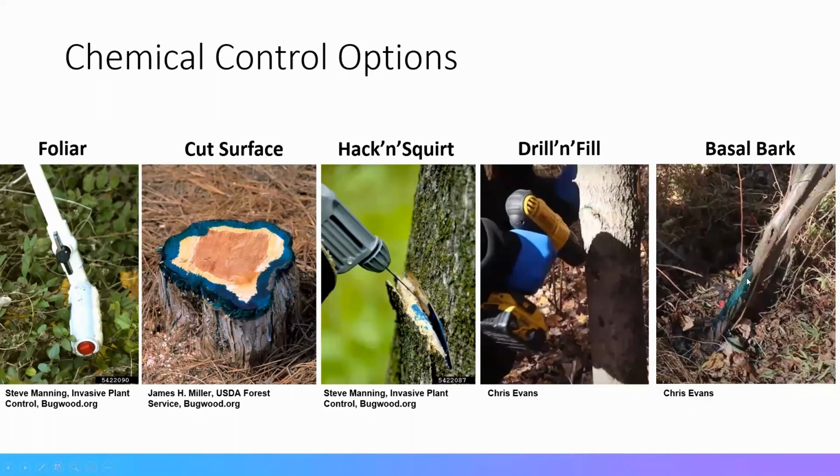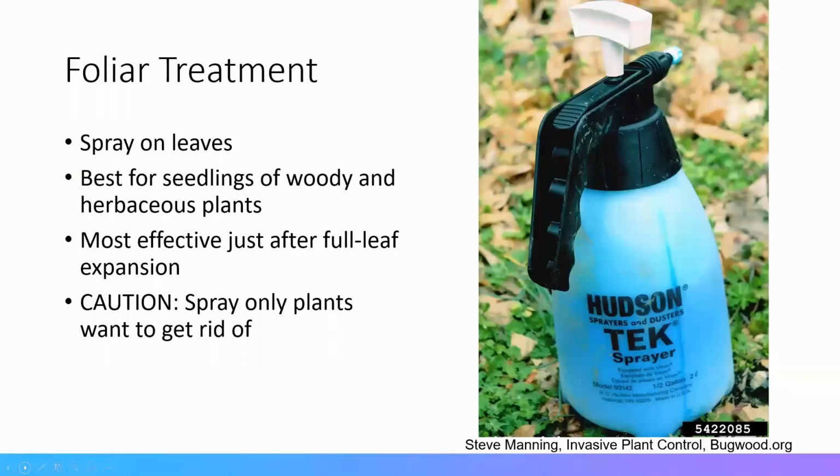And then finally, we have our basal bark. So this is something you spray on the bark. It actually penetrates the bark. This is an oil-based herbicide, and it will wind up killing that tree or shrub. There's a lot of options out there, and I'm sure there's more than just this, but these are the possibilities. And there are videos online Illinois Extension Forestry has produced that'll walk you through each one of those. But let's talk about our foliar treatment. This is something that you would spray on the leaves. It's a very low concentration of active ingredient.